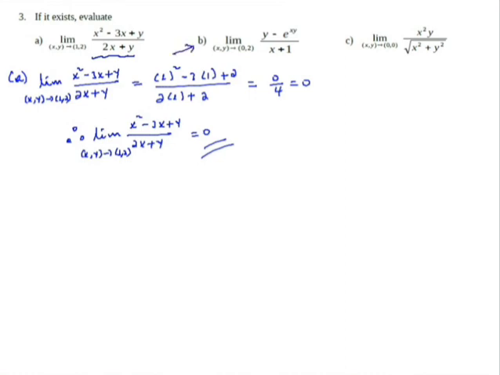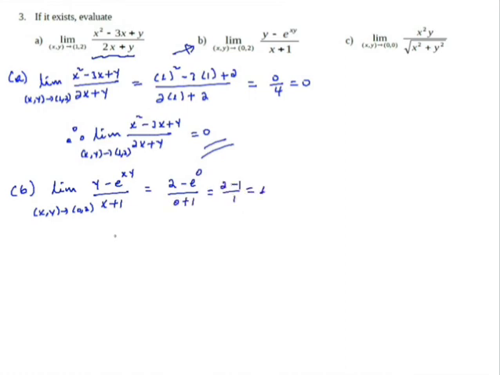ወደ ቢ ስንመጣም ተመሳሳይ ነገር ነው የሚገጥመን። አንዲፋይንድ ስለማይሆን ዳይሬክት ሰብስቲቱት ማድረግ እንችላለን። ቢ ላይ the limit of y minus e the power of x times y over x plus 1 as (x, y) approaching (0, 2) ነው የሚለው። ሶ ዳይሬክትሊ ሰብስቲቱት እናደርጋለን። በኤክስ ቦታ 0 በዋይ ቦታ 2 so it becomes 2 minus e the power of 0 times 2 is 0 over 0 plus 1 which is 2 minus 1 over 1. The result is 1. Therefore